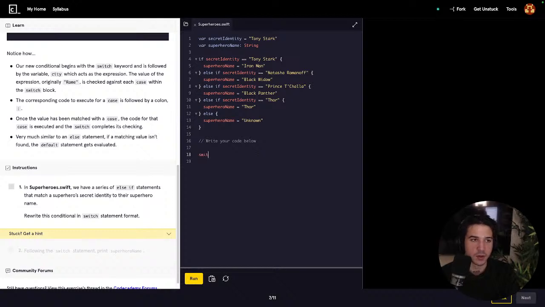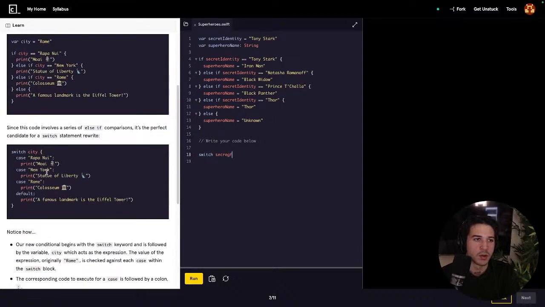So switch secret identity, case Tony Stark, print Iron Man,